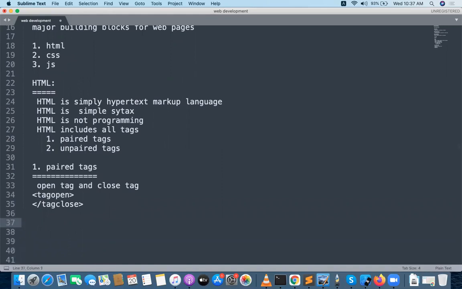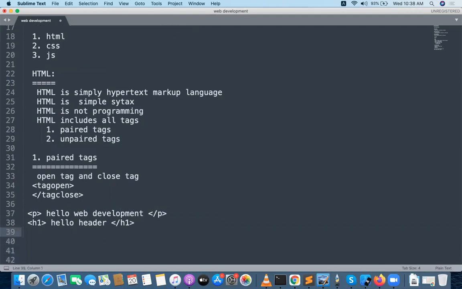For example, if I want to design a paragraph, I need to start with the P tag and write whatever content, like "Hello web development", and finally close the tag. If I want to create a header H1 and write "hello header", H1 is going to close like this. So these tags are called paired tags.